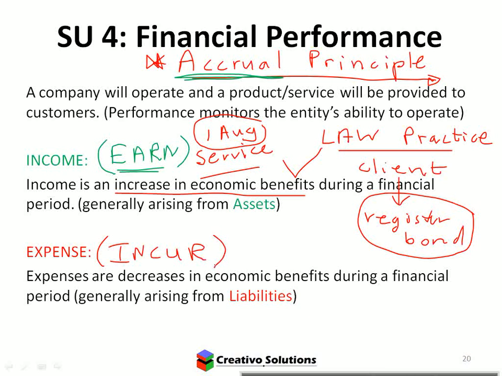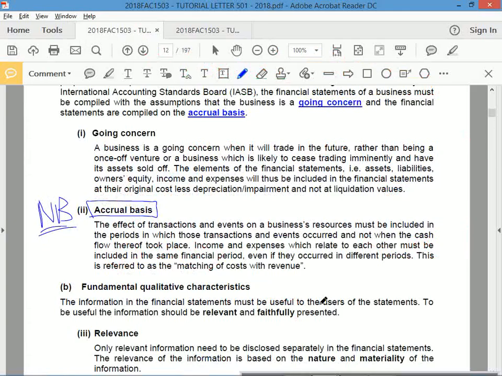Expenses, the key word there is incur. Right, so if I use water and lights, when do I pay for it? At the end of the month or the next month generally. Why? Because they normally bill you for what you've used. So when I'm using the water and electricity, I'm incurring an expense. Whether I pay for it or not, that's not the point. The point is you've incurred the expense. The expense is an outflow of benefits. Incur an expense. So that's something to add to the slides.